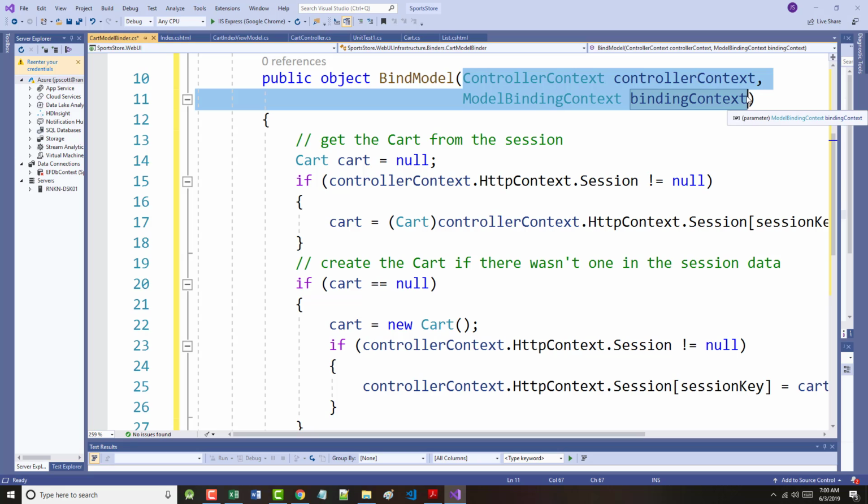It has an HTTP context property, which in turn has a session property that allows you to get and set session data. We can obtain the cart object associated with the user session by reading a value from the session data and create a cart if there is not one there already. We need to tell the MVC framework that it can use the cart model binder class to create instances of a cart. We do this in the application start method